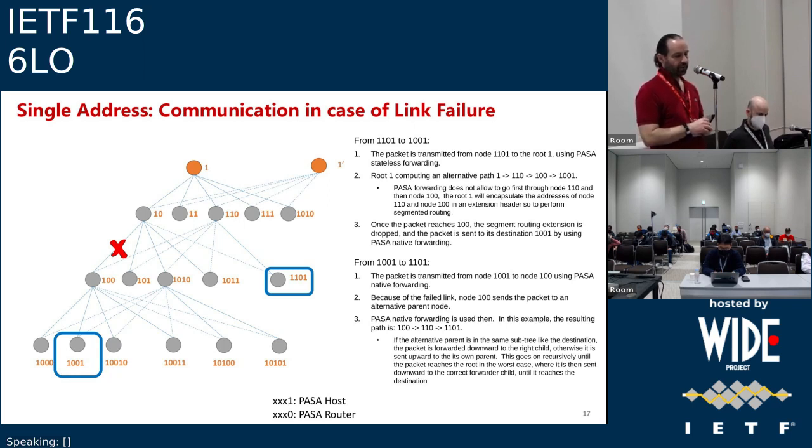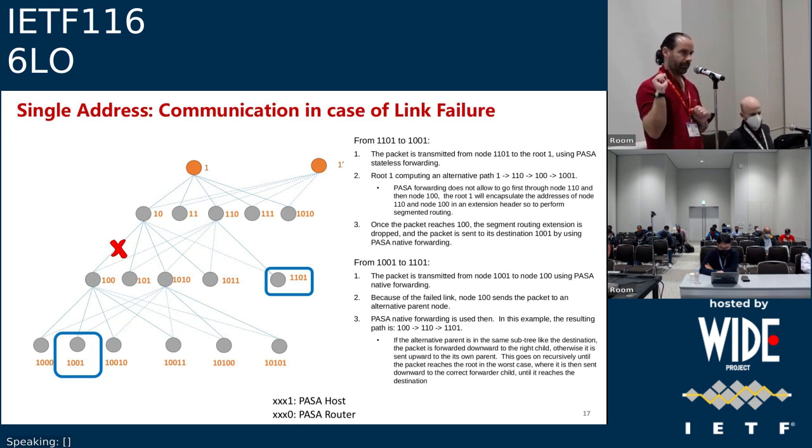On the way back, 1001 sends to node 100, it's passed using normal forwarding. Because the link failed, node 100 can send the packet upwards to an alternative parent. The nice thing is that at that point nothing more needs to be done, in the sense that we can follow the normal PASA stateless forwarding, because each node looks at the destination address and can make a decision. In this case, 100 can decide, I send to the alternative parent